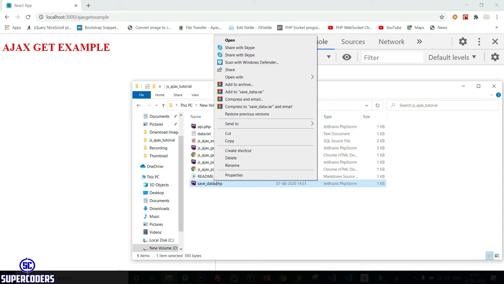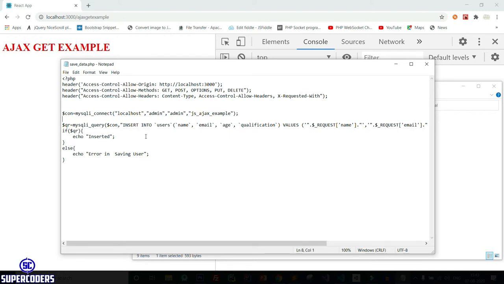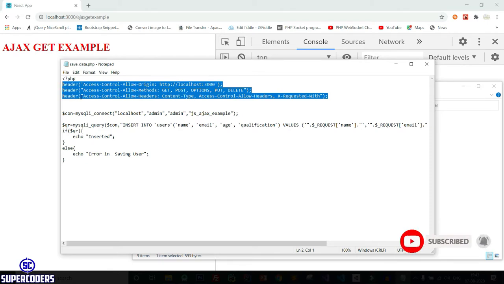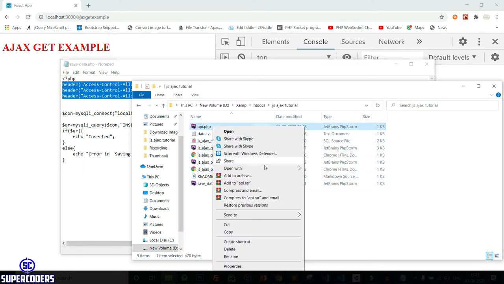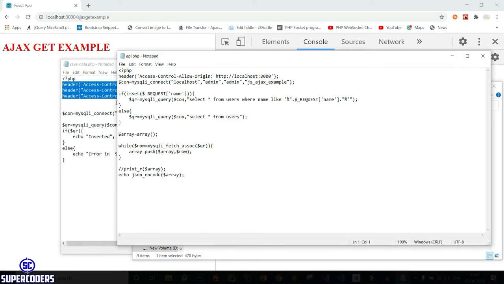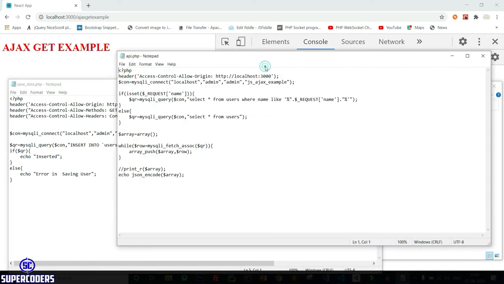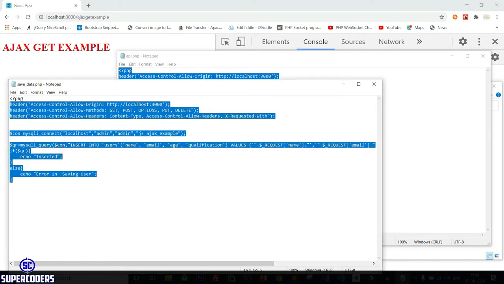First open this get save data.php in Notepad, and you can see it's open. So you can see I added three lines here, which are headers. What they actually do, I will show you later. Also open this get file api.php. If you don't know how to create these files, you can watch my previous tutorial. Basically of these two files, api.php loads data from the database and shows it in our API or web page, and the second is for saving data in our database.